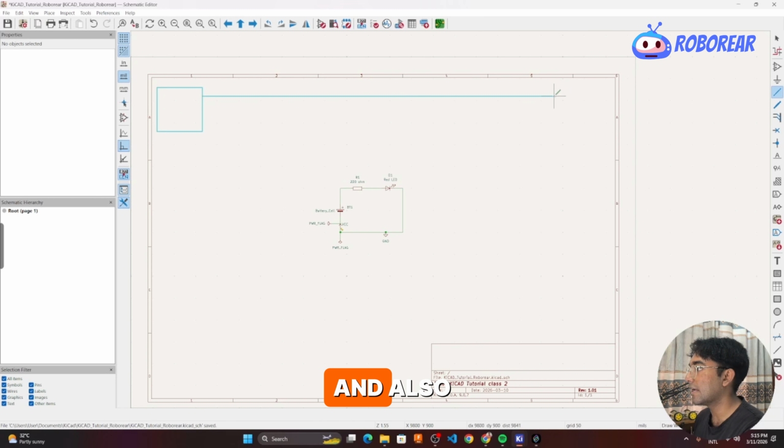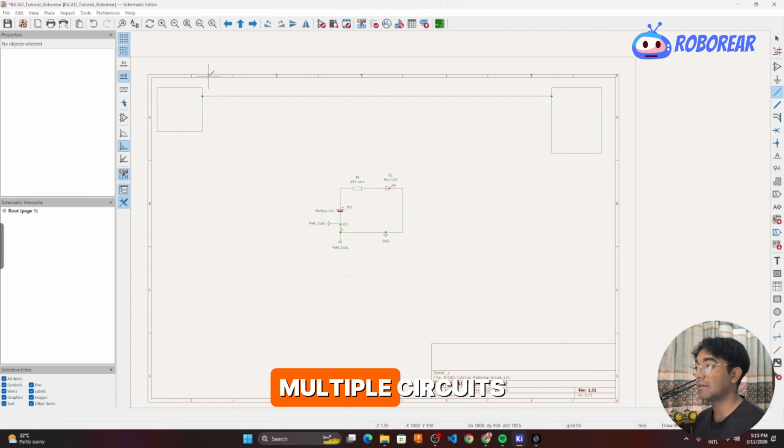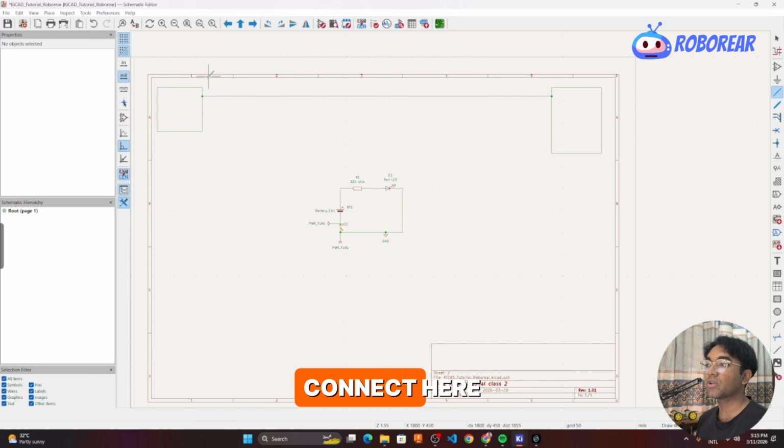Okay, fine. And also there is a circuit, so you have to connect them. You just want to connect them, so you just make a circuit like this. Here's a circuit, here is a circuit, and you connect them with a wire, right? So assume that there are multiple circuits, so you have to connect. Here is another circuit, here is another circuit, so you have to connect with very long wires, and this will